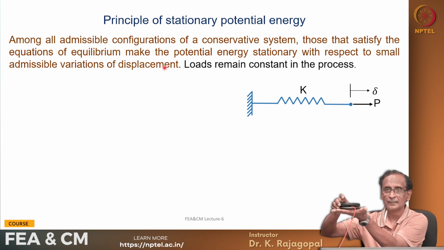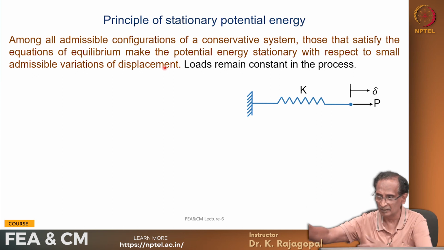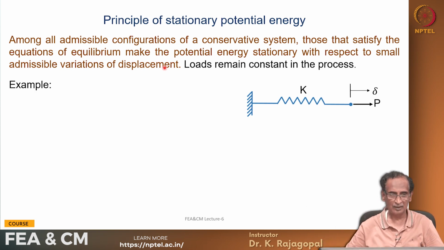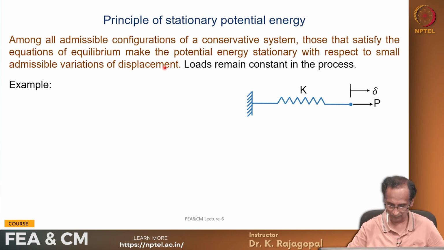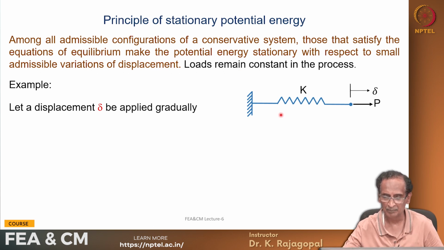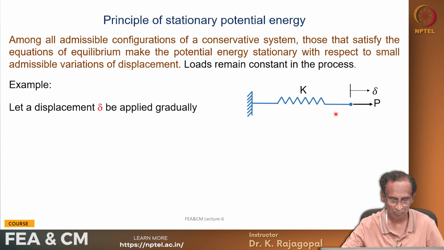So we can say that that is the most stable system. And so mathematically we can pose this problem so that we can derive some useful relations. So let us take the same spring K and gradually apply some displacement of delta, okay? And let us say there is a load of P,